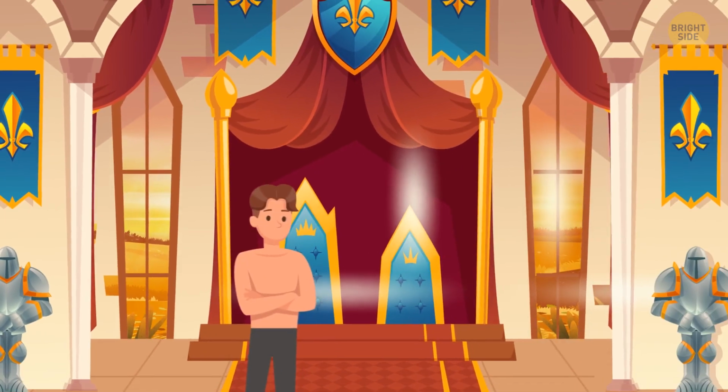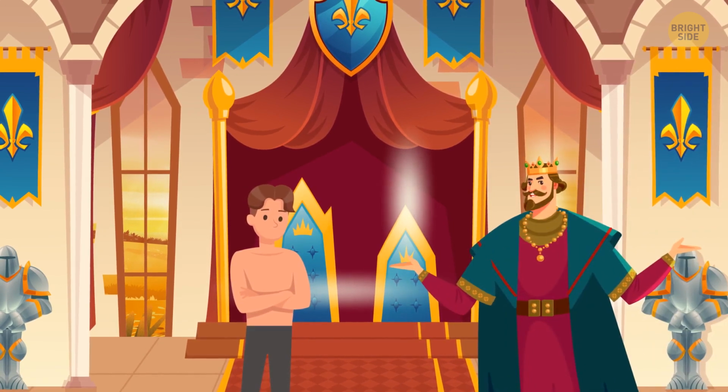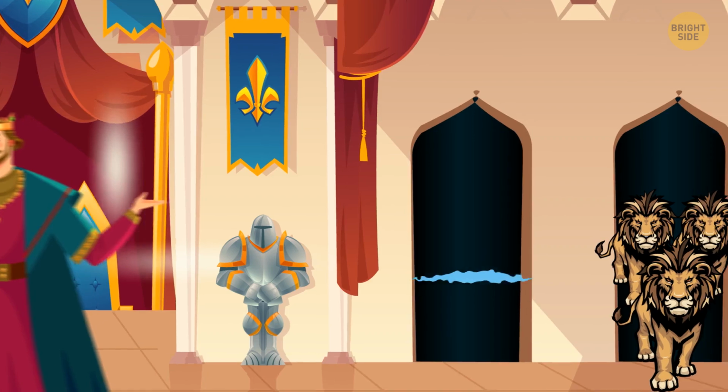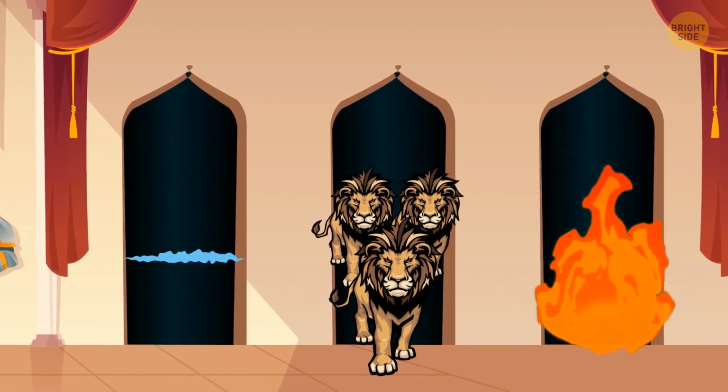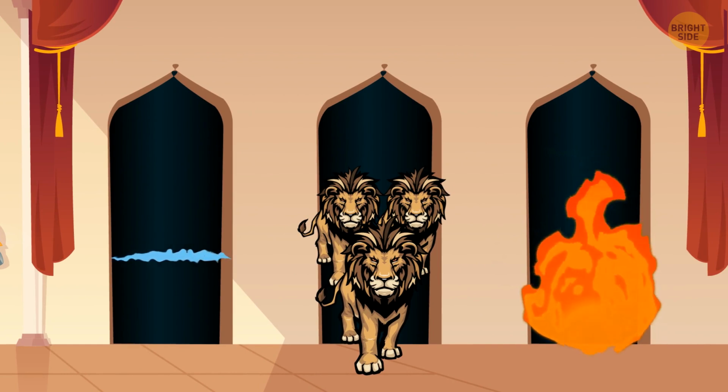Right before sunset, a peasant boy was caught by the king's palace. The king was very mad and didn't want to let him go just like that. He loved all kinds of riddles, so he gave the boy a chance to escape. He said that the boy could walk out of any of the 3 doors, and if he stayed safe, he'd